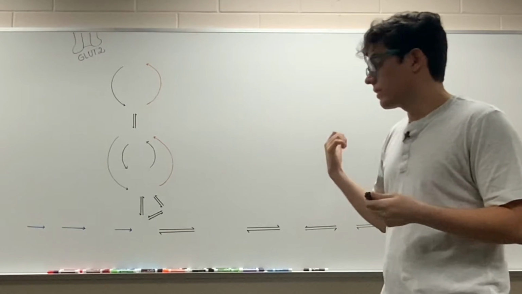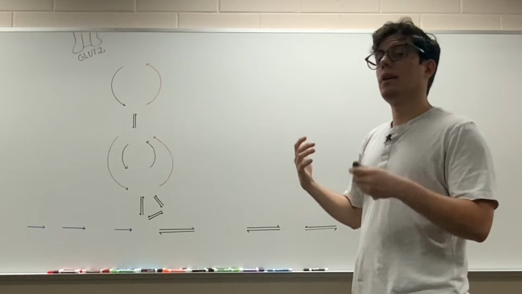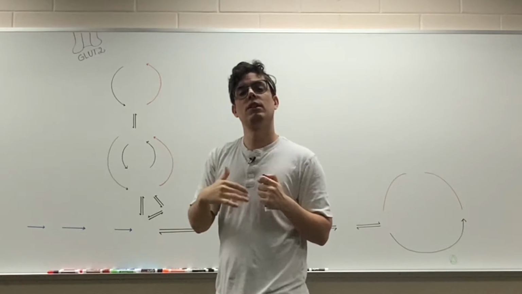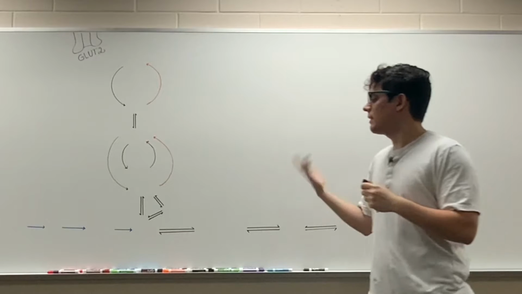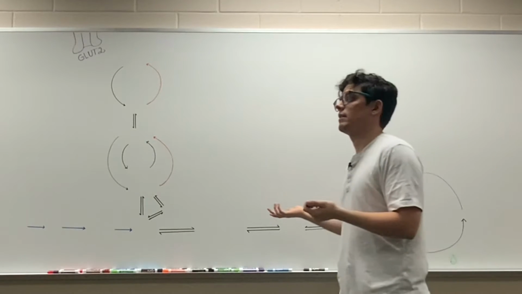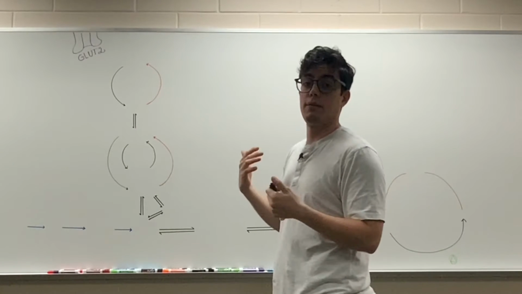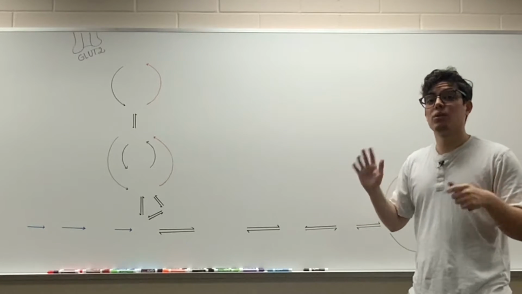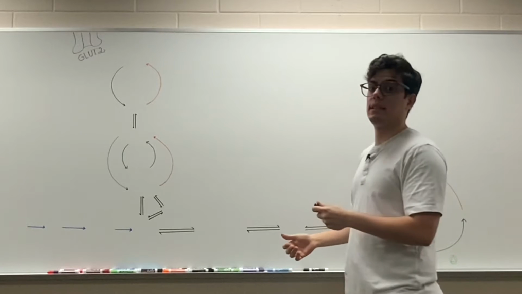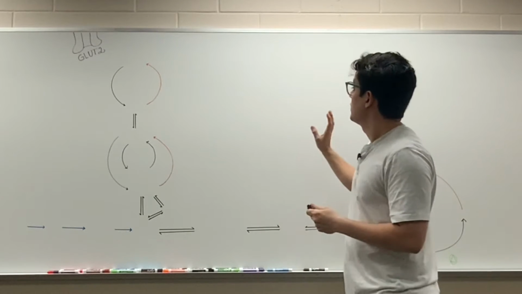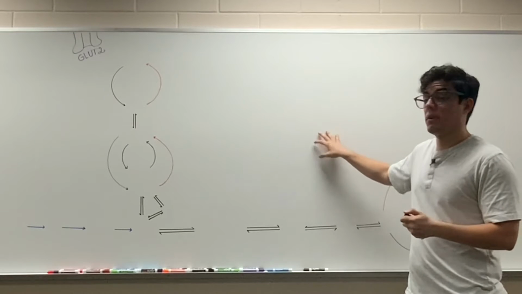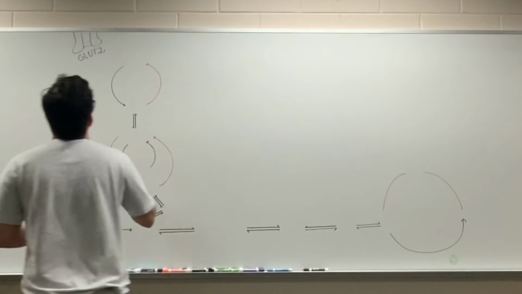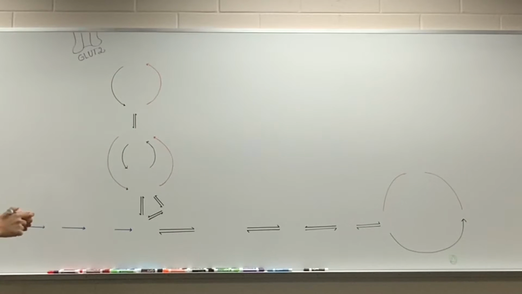GLUT2 in this case for the liver, and GLUT2 has a high Km, which means that it has a lower affinity towards glucose, because the liver, in addition to the glucose that it will take for its metabolic processes, it will also want to take the glucose in excess that is in circulation in order to store it in the form of glycogen. But for now, we're going to see that when glucose enters the cell, in this case the hepatocyte,